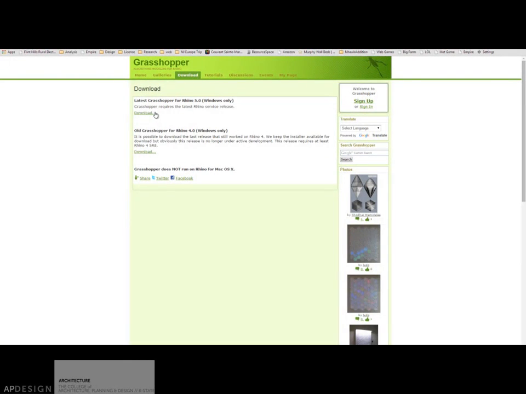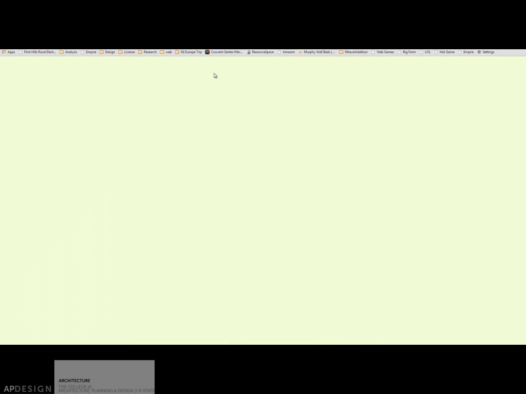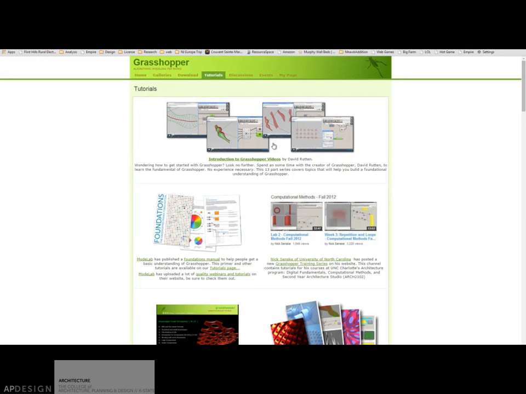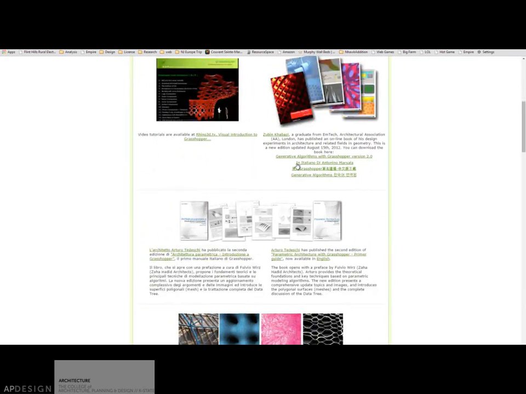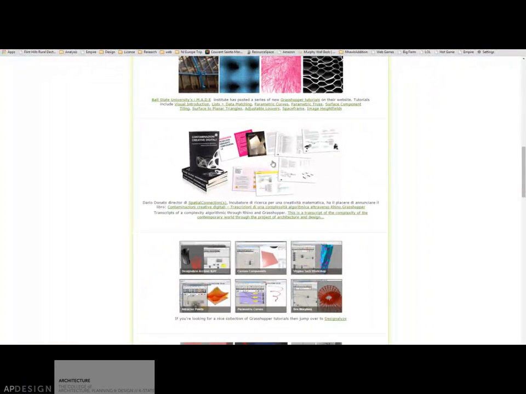This is a beta software, so it's constantly updating. It used to be every month to a week they were updating. Now it's maybe more like every 3 or 4 months they'll notify you of a new download. You can also see that there are tutorials on how to get started. I do recommend them. There are also some PDF primers that you can download that walk you through everything